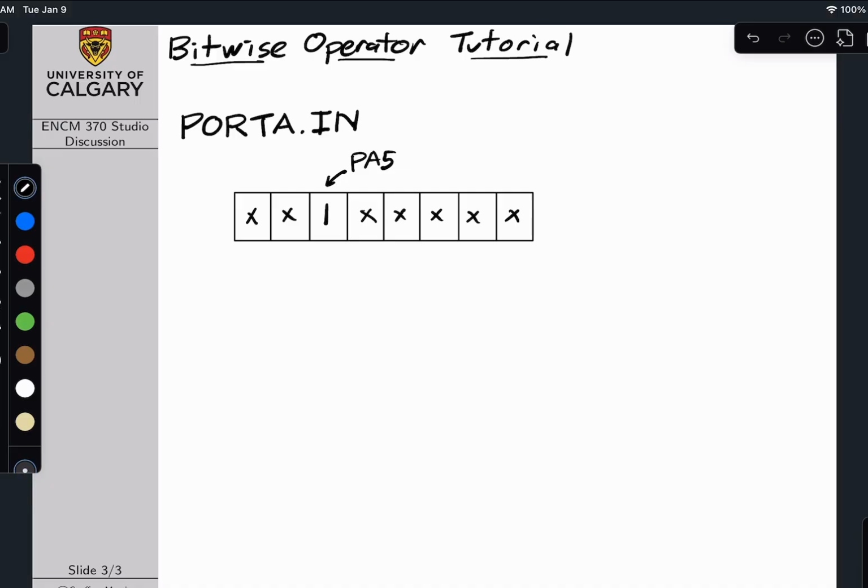And so if we want to just test the value of PA5, we have to zero out all of the positions with x's. We want to force that to 0. And then that will allow us to just determine the value of PA5. Because remember, in C, a value of false is when a variable is equal to 0. A value of true is when a variable is non-zero. So it's not like Python where we've got a special Boolean